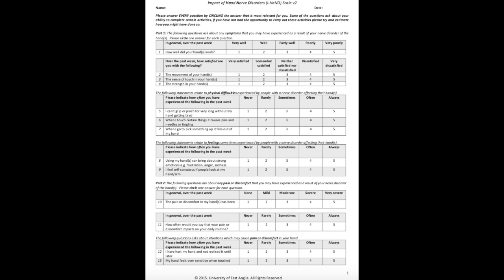Furthermore, Part 1 of the I-HaND scale also taps into the psychological, emotional determinants of occupation, as a person's thoughts and feelings are factors that affect their occupations and how they do them. To quote Mark Thomas Ashwood, the author of the thesis article for the I-HaND test, it was not envisaged that psychological screening would be an aim. However, this test was developed through grounded theory, meaning that qualitative data was gathered from many participants to generate a new theory from the results, and throughout the study it became apparent that expressing and describing the emotional and social aspects involved with hand nerve injuries were very important to the clients when completing the test.